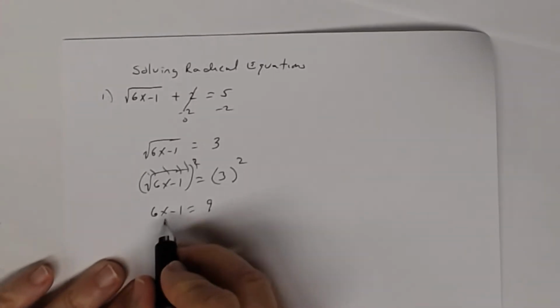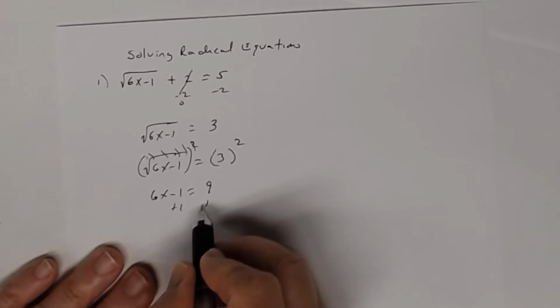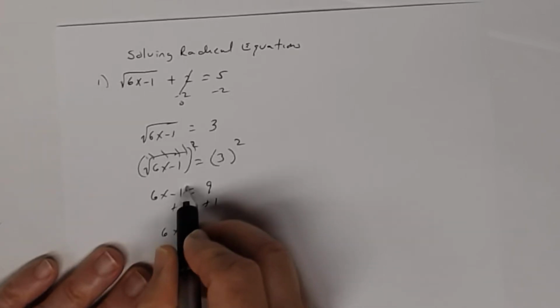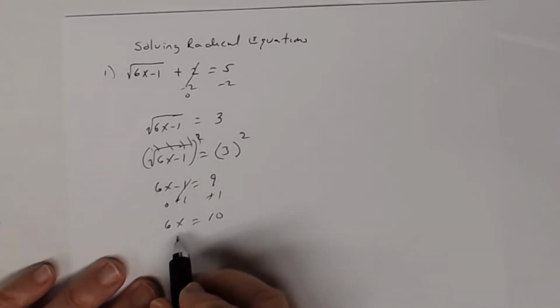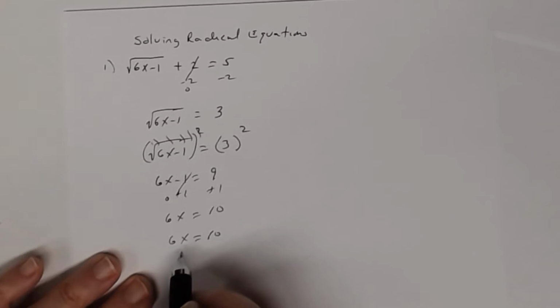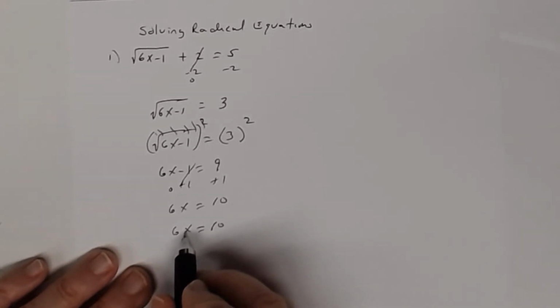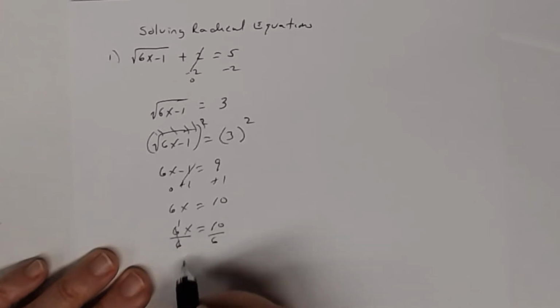All right, now to solve this linear equation, I'm going to have to get x by itself, so I'm going to add 1 to both sides. So I get 6x, combine like terms at 0, equals 10, and then divide both sides by 6. Remember, I have 6x equals 10. To get x by itself, right now I'm multiplying by 6. The opposite is to divide by 6. And so when I reduce, I get x to be